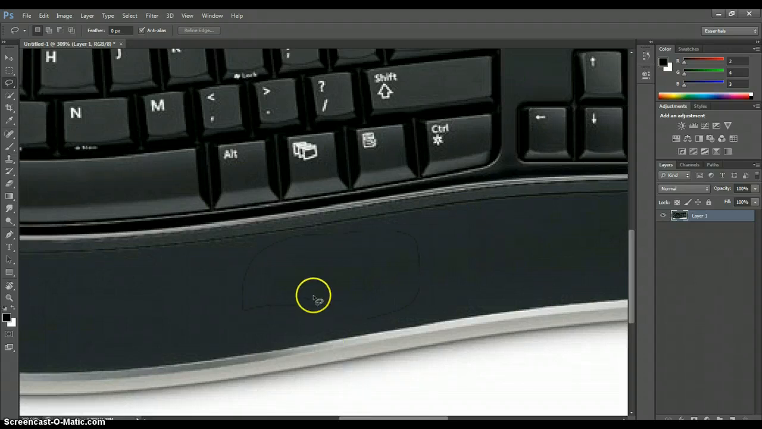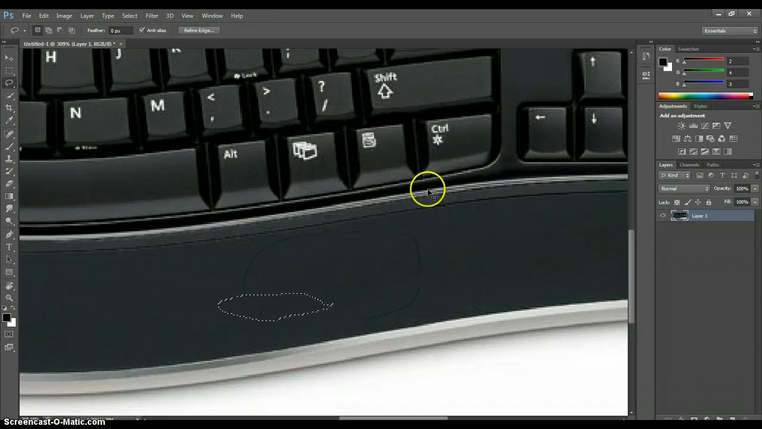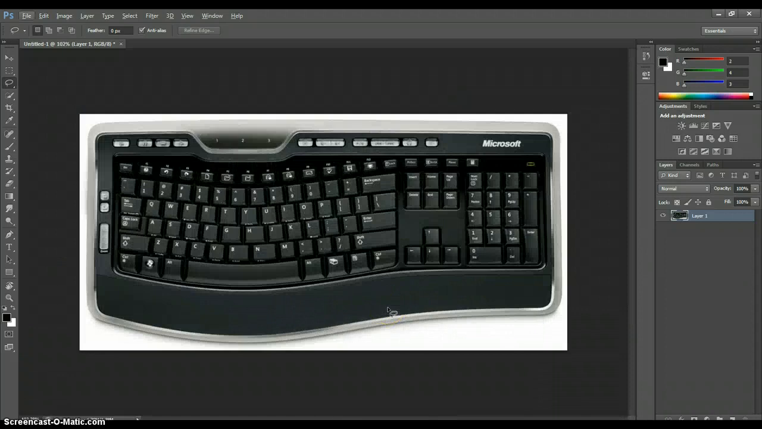Except there are always those little touch-up areas that you can see right there, but you can just Shift F5, and you got it. It's great. Now the next thing is the